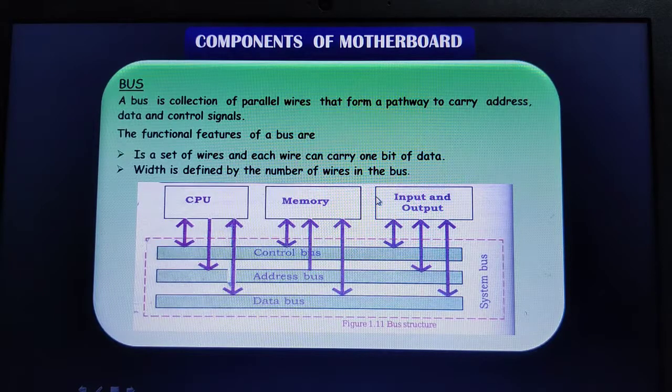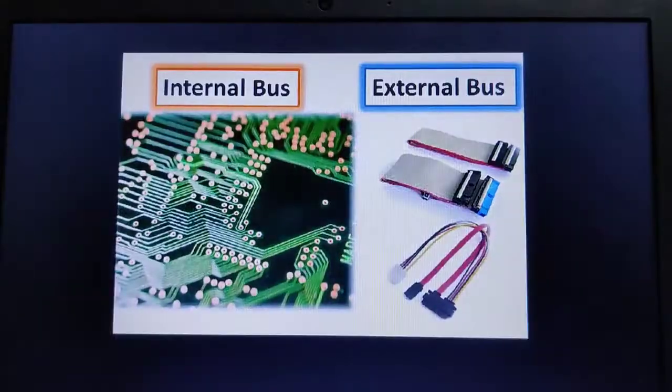Moving on to the next type, the external bus. This external bus is also called an expansion bus. It acts as an interface for peripheral devices like the hard disk, CD-ROM drives and flash drives to get connected to the processor. I have already shown that your hard disk controller uses a 40-pin connector to make the connection between the computer system and the hard disk drive internally. So the external bus always uses these kinds of cables to connect.